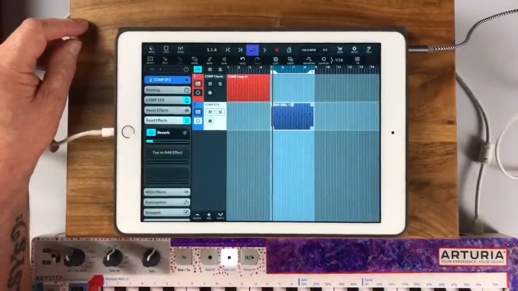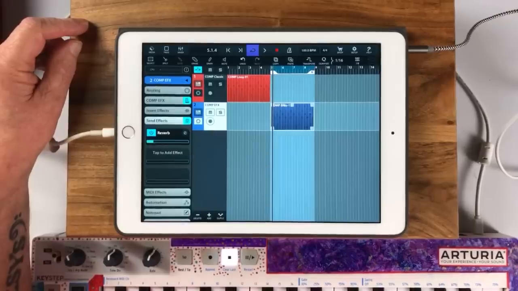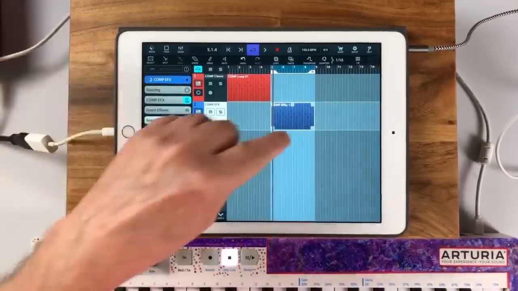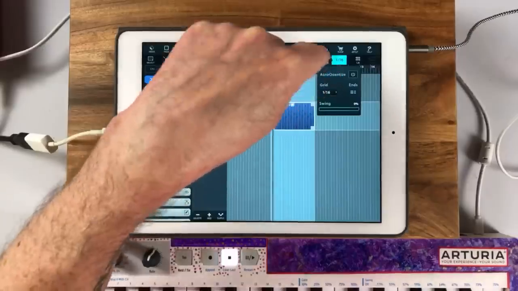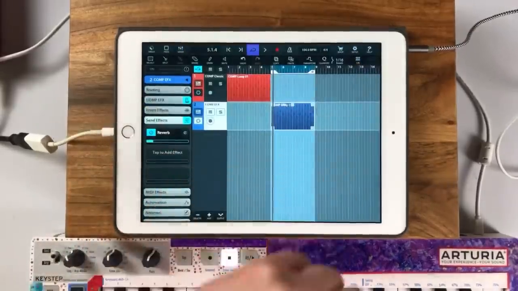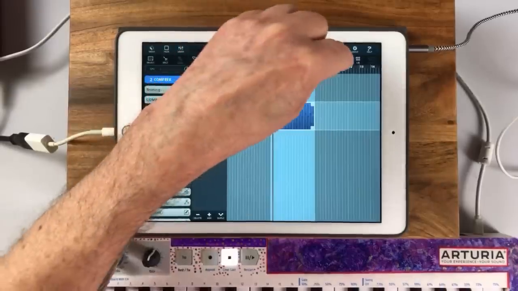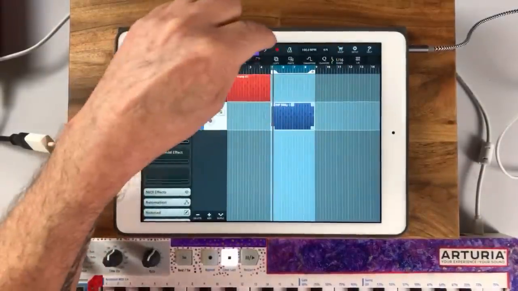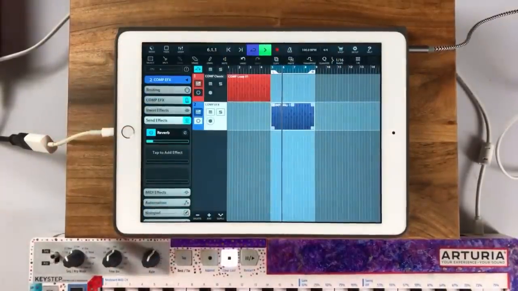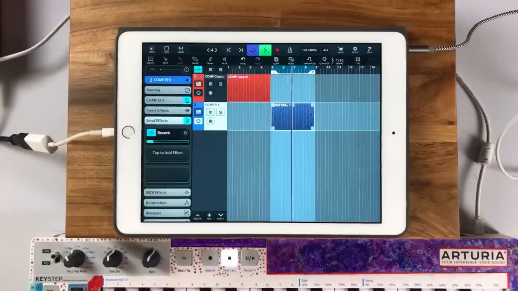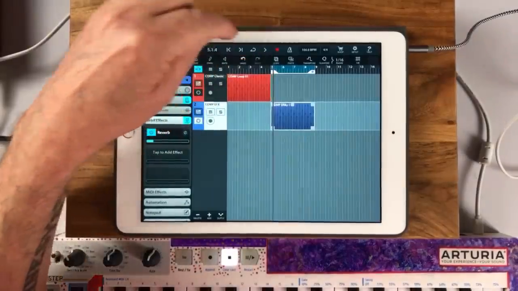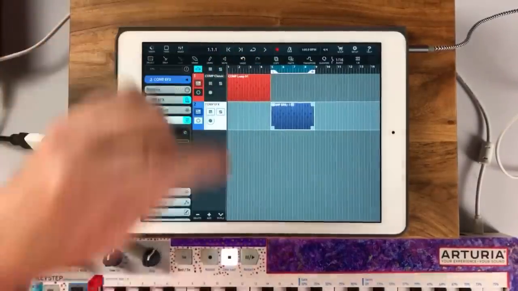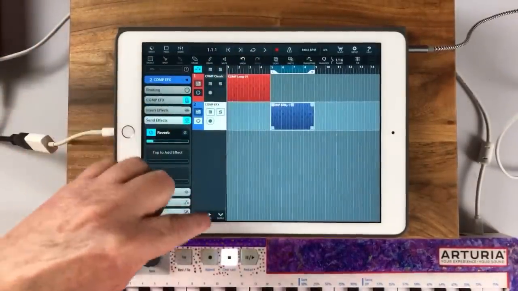I think that's really great. I could quantize it. Well, I don't really need to quantize. I'm already on auto quantize, I think. Oh, no. Ah, you see. You see. I'll quantize it anyway. Anyway. So there's that. So we've had a listen to the comp one. Let's have a listen to